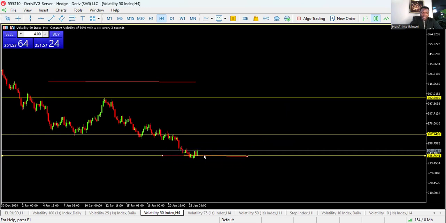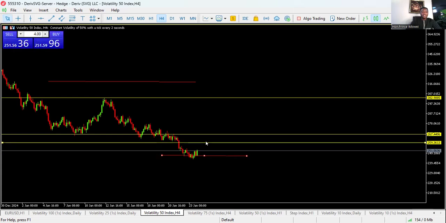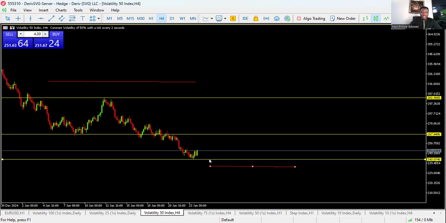When you put a buy stop here, the price will come here and trigger your market, and then it will start going up. So buy stop is basically placing a buy order above the current market price and expecting the market to go your direction. That is what is called buy stop. Then sell stop is the opposite of buy stop.